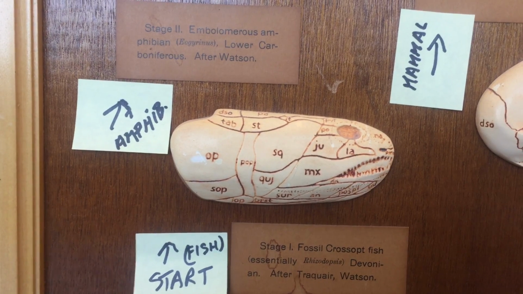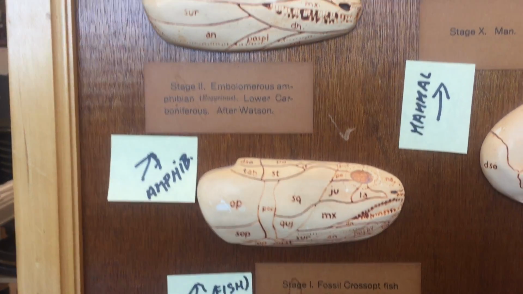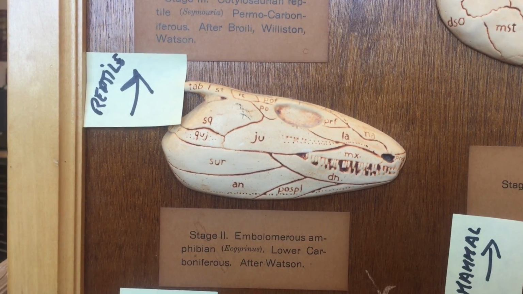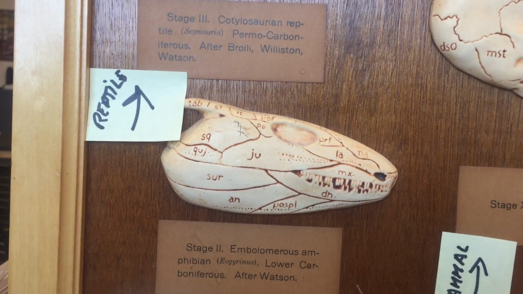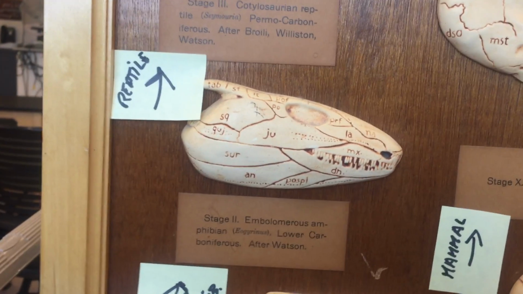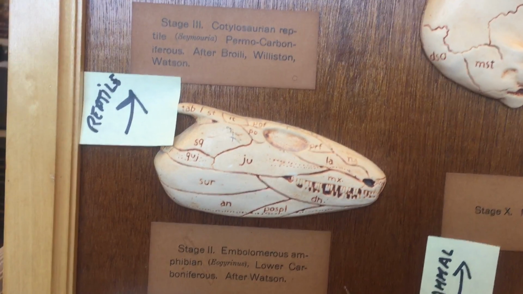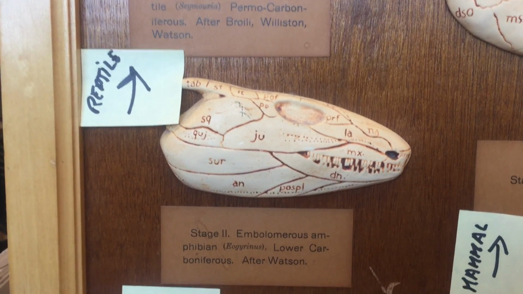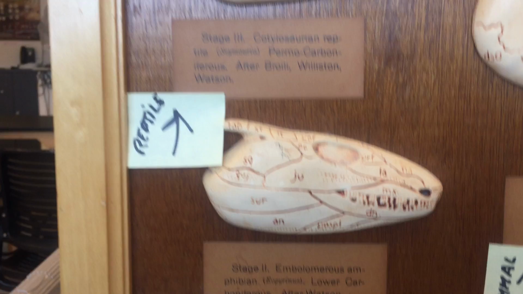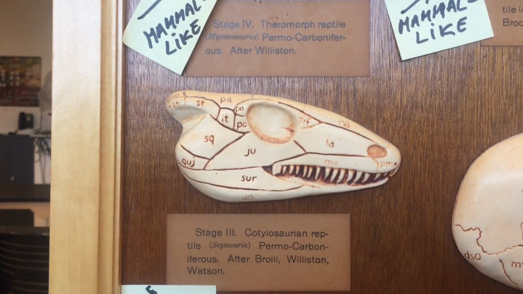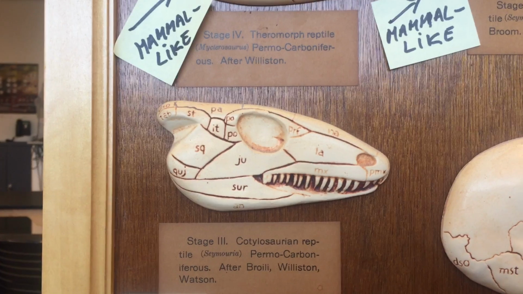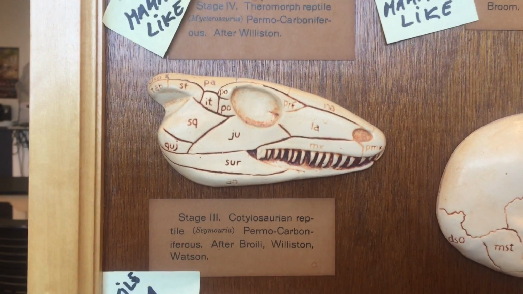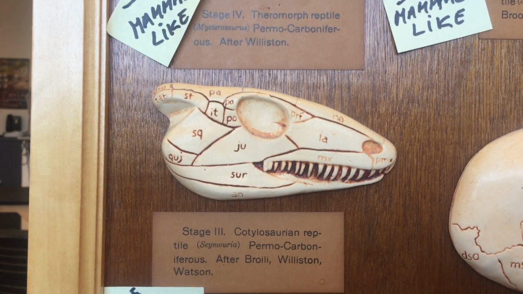But as evolution progresses through time, we go up here and we're looking at an amphibian from the lower Carboniferous. You see that there's loss of bones or consolidation of bones, and there's movement of bones out of the jaw and into the skull. And you see this reptilian here, and there are even fewer bones in the lower jaw. And then this is in the Permo-Carboniferous